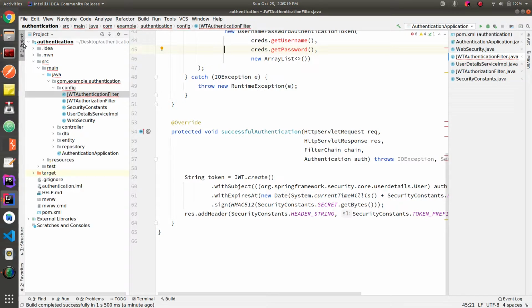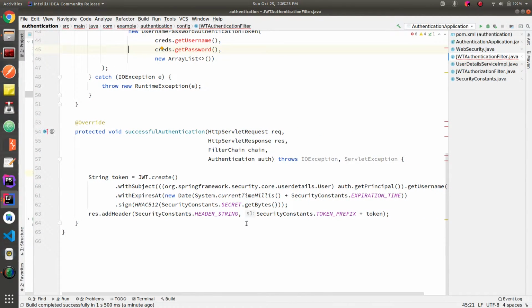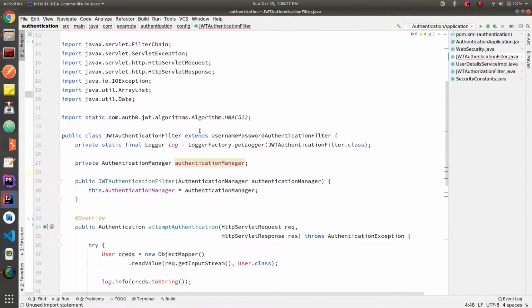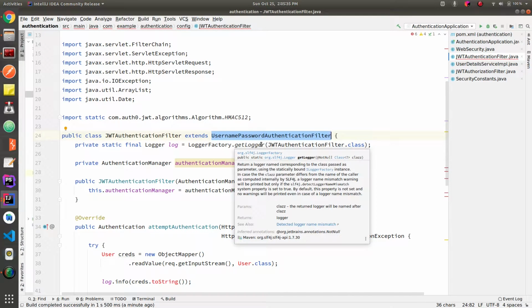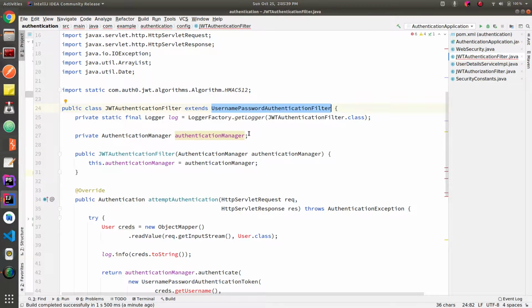So let's first talk about the JWT authentication filter. This class extends the username password authentication filter and the main purpose of this class is to authenticate a user. There are two methods that we have overridden.